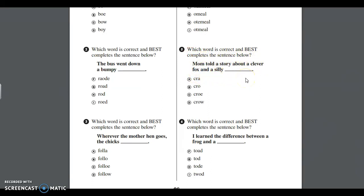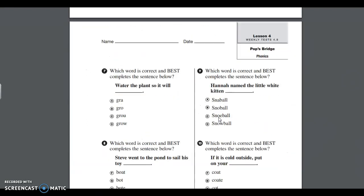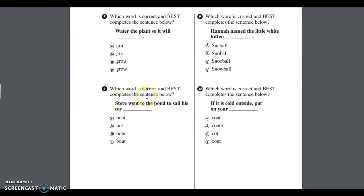Number 6. Which word is correct and best completes the sentence below? I learned the difference between a frog and a... Number 7. Which word is correct and best completes the sentence below? Water the plant so it will... Number 8. Which word is correct and best completes the sentence below? Steve went to the pond to sail his toy...